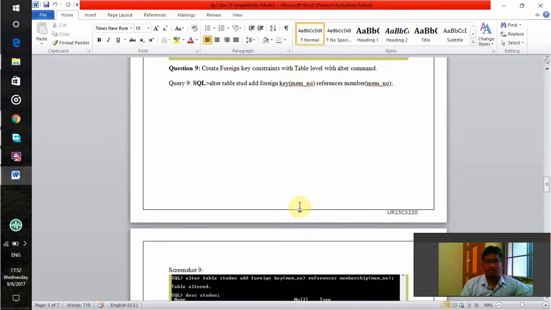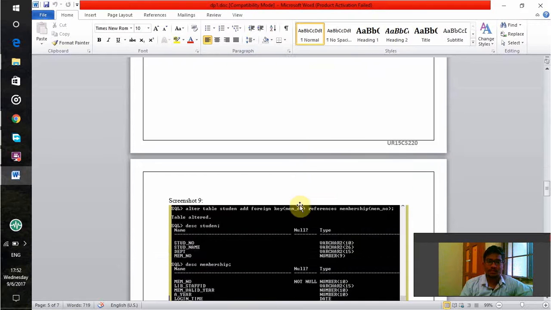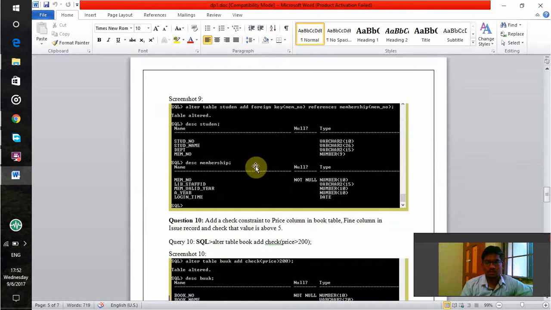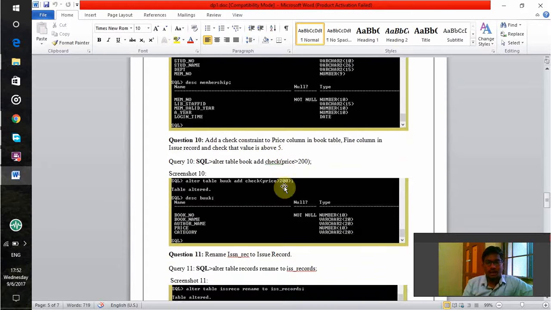And now create foreign key constraints with table level with alter command. So alter table student add foreign key, student is the table name and add foreign key. So I am adding foreign key as member number, references member, member number. So from the member table I am linking with the student table by using foreign key. So here the foreign key has been given here. So this student here member number has been linked with the member number in the membership table, and add